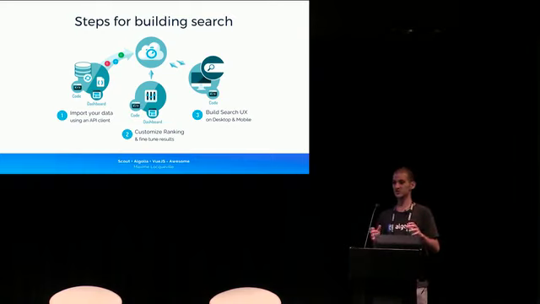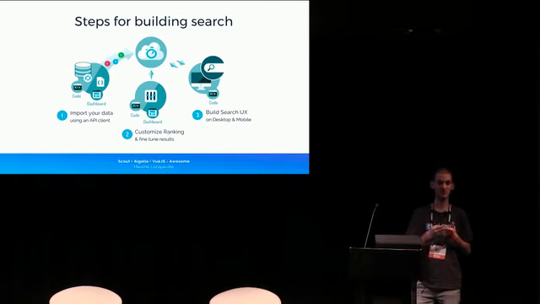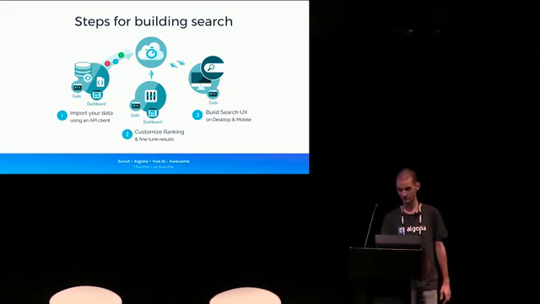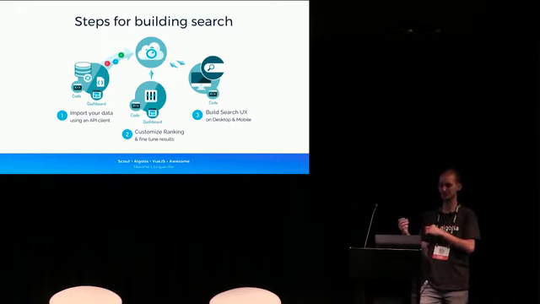Once you do that, the second step is to configure the relevance. So Algolia provides a very good out-of-the-box relevance, but you can give it some metrics to better rank the results depending on your business metrics. For an e-commerce website, for example, you might want to do the number of sales of a product and rank depending on that. And those metrics, you can choose depending on your business need. And the third step is you have all this data in the search engine, and you want to display it.